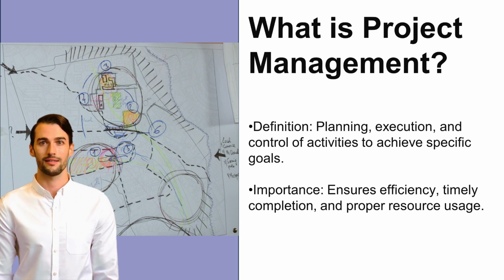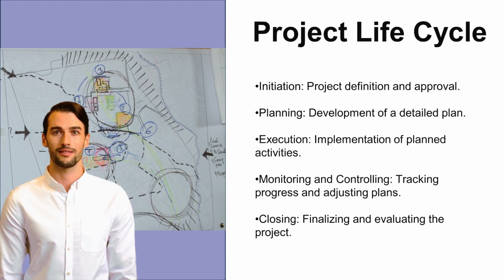Project management is a structured approach to achieving specific objectives by coordinating resources, tasks, and stakeholders. The key phases include initiating, planning, executing, monitoring, controlling, and closing. This process ensures projects are completed efficiently, within budget, and to the satisfaction of stakeholders. A project life cycle is a series of phases a project goes through from start to finish. Each phase involves specific tasks and outcomes that ensure the project's success.